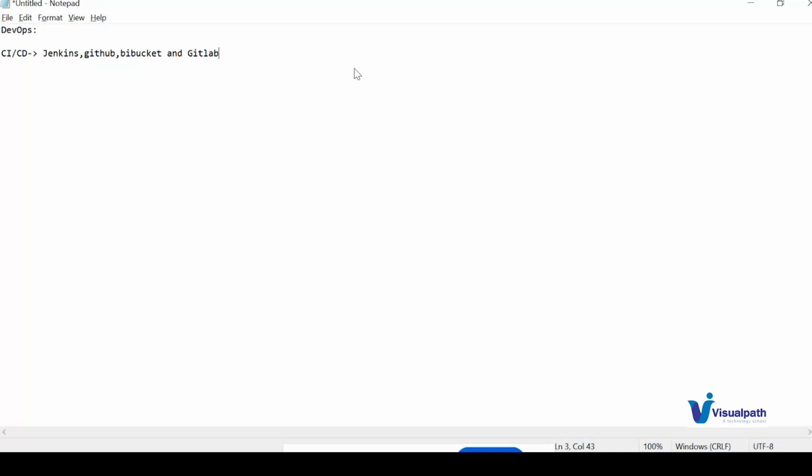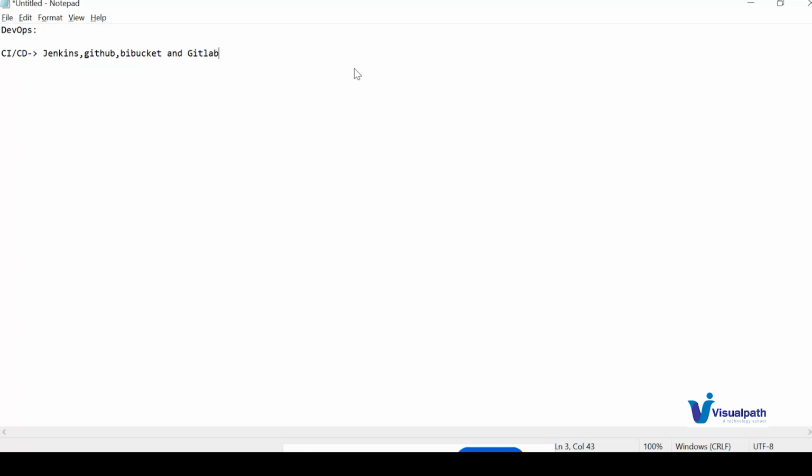Earlier, we didn't have a CI/CD concept for GitHub, Bitbucket, or GitLab. Now they have an inbuilt option. We can write YAML files, and we can deploy our applications using GitHub, Bitbucket, or GitLab. Jenkins we can use fully if you want to use it for CI/CD, and it has been used for a long time.